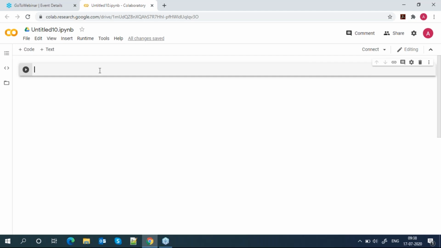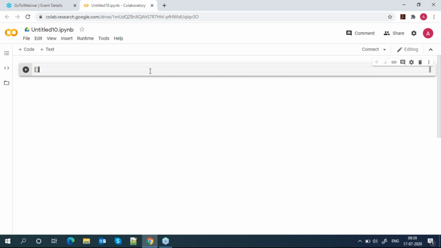How can we differentiate these three? Whenever you create a list, you use square brackets. So what is the difference between set, list, and tuple?